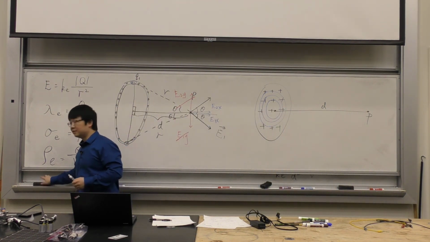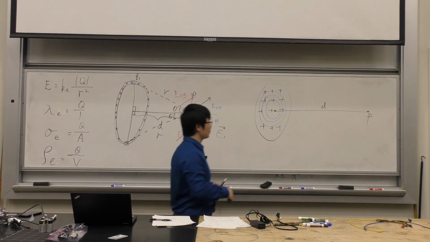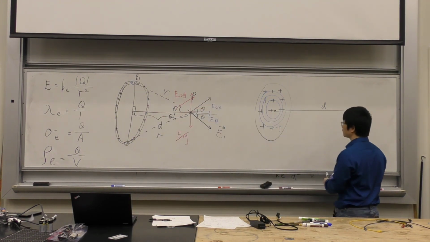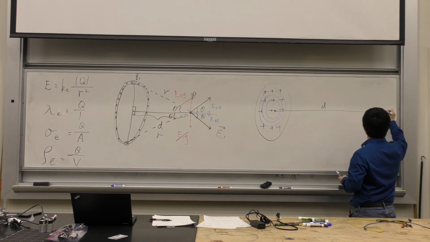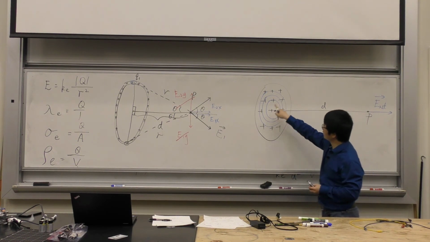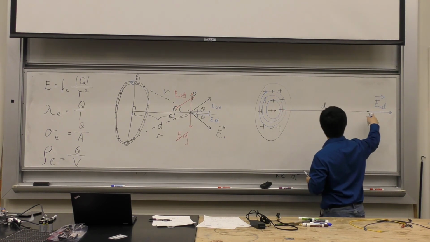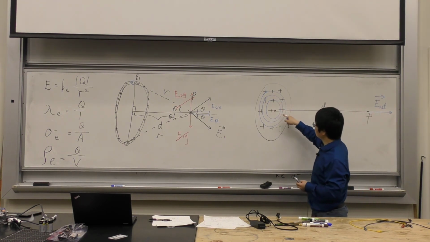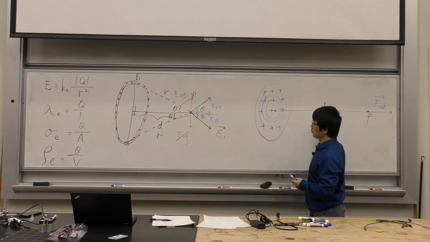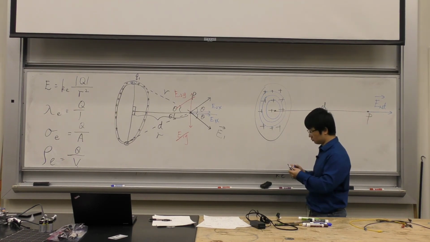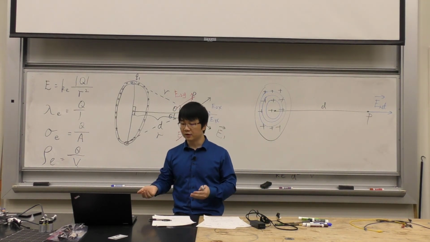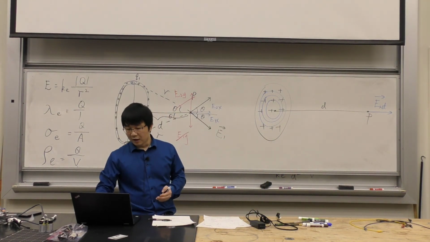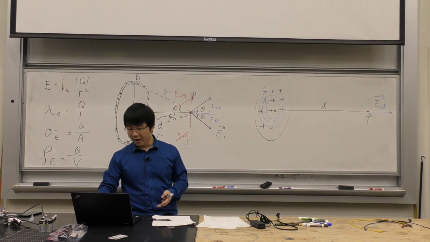And then the direction, of course, from the symmetry, we have already done many times. The electric field is going to be totally in the x direction, for sure, because each ring only has a component in the x direction. You add the electric field from each ring together, and you will still get a vector in that direction. All these electric fields are in the same direction, so you can literally add them. And then once you have done the math,